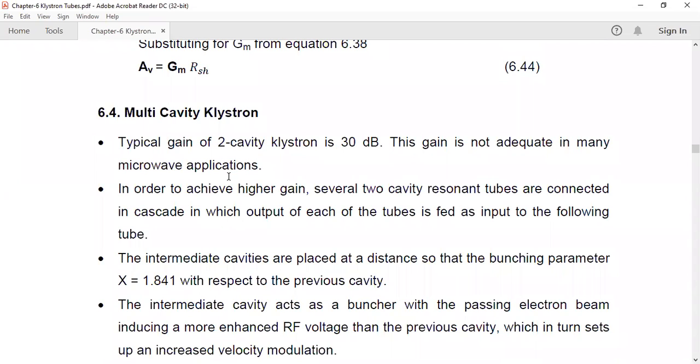The question they will probably ask is: explain about the two cavity Klystron with Applegate diagram. That is a full length question for 10 marks maybe. Suppose they want to split it, one is what are the limitations of the two cavity Klystron, and they may ask to explain the bunching process in two cavity Klystron, or the bunching process in the reflex Klystron, and both are almost the same.